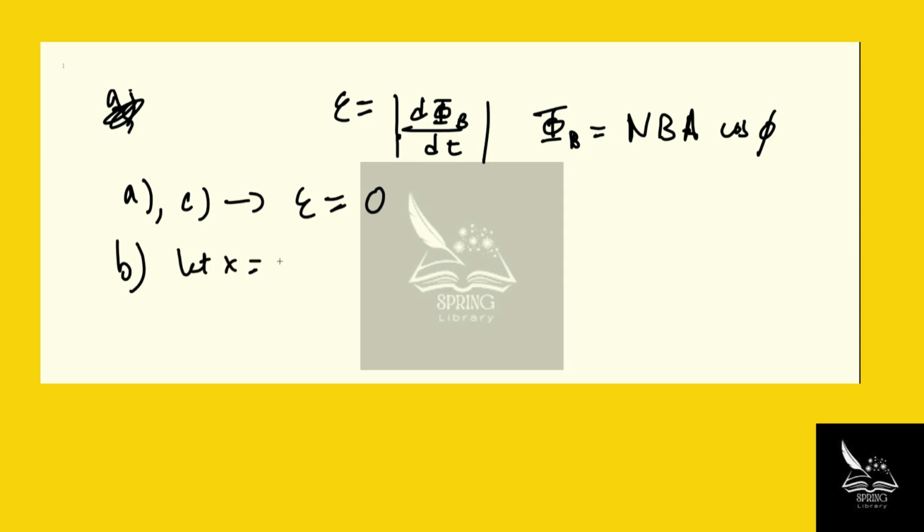Part B, however, when the coil is partially inside the field and partially outside, we're going to say that x is equal to the length of the coil that's in the field, and the height is 0.4 meters or 40 centimeters. So area is 0.4 meters times x, or 0.4x meters squared. Therefore,